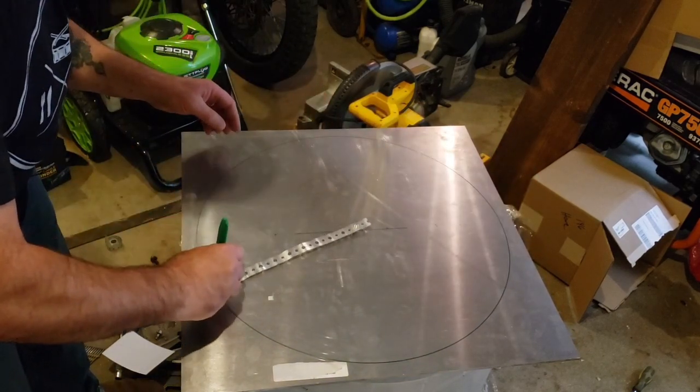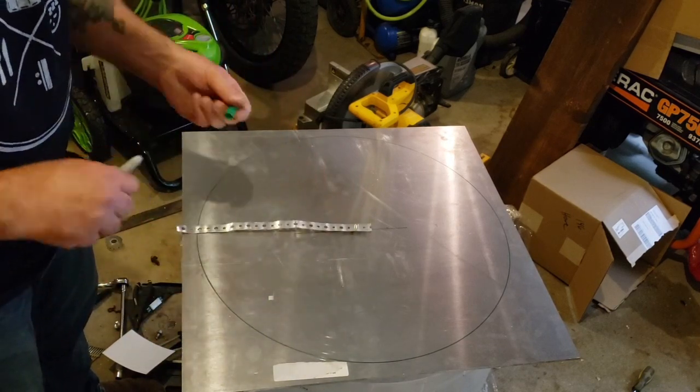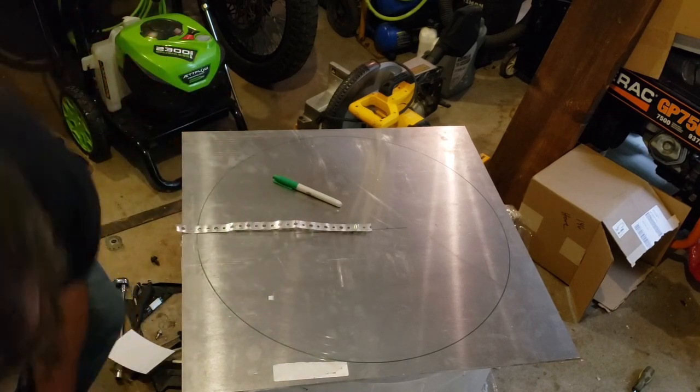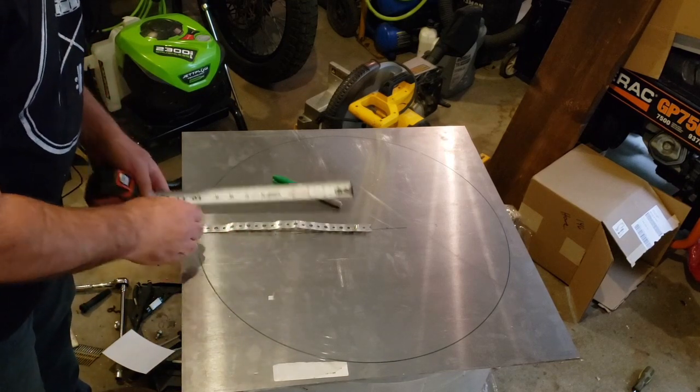And all we got to do is get our jigsaw and cut on that circle. Now what we're going to have to do after that is make more marks, because we want approximately every 3 inches for them rubber fingers. So if we go from there,